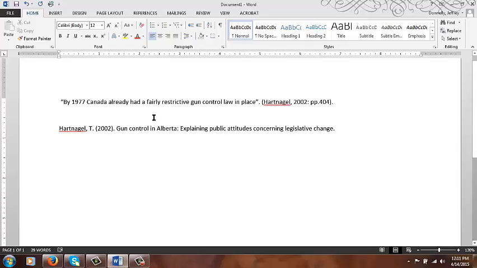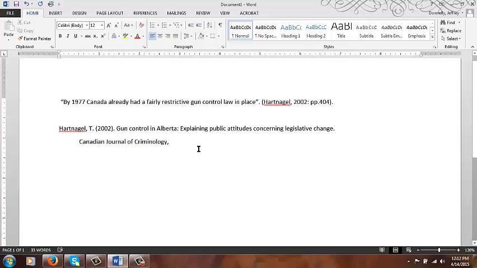Okay, so with APA citations for the Works Cited page, when you go over to your next line, you have to tab it once, okay? So then you'll have Canadian Journal of Criminology,